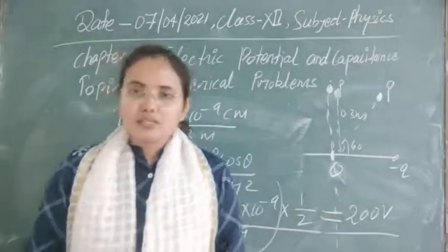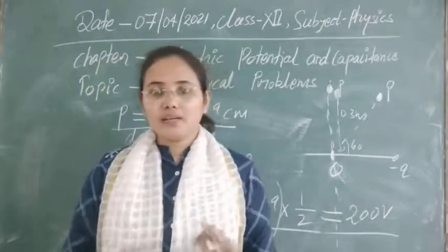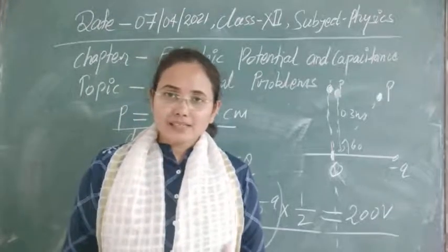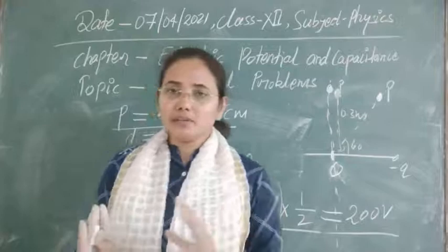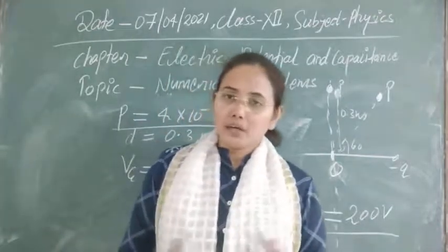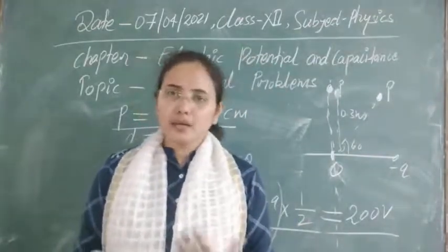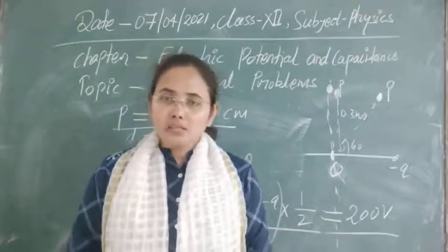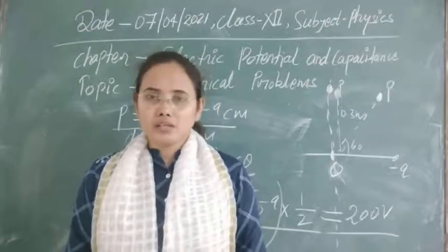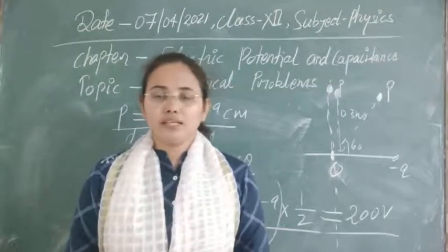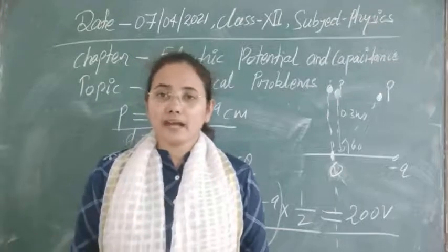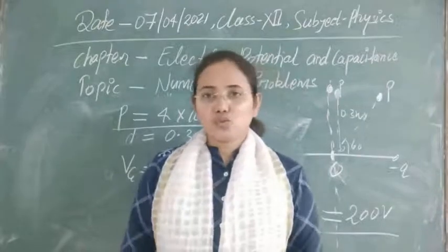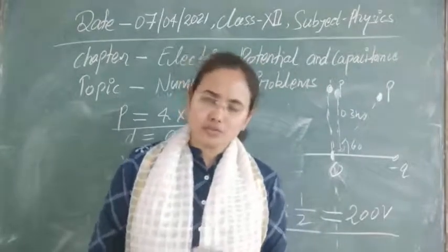So students, up to this point we have solved a lot of numericals. I think every concept is now clear, as we have discussed every concept related to electric potential. Here the numericals are mostly related to electric potential energy, electric dipole, point charges, and system of charges. So these problems you can have, and you have to solve all of these.